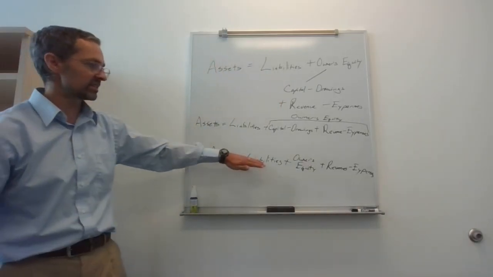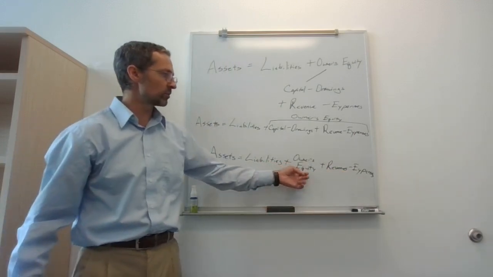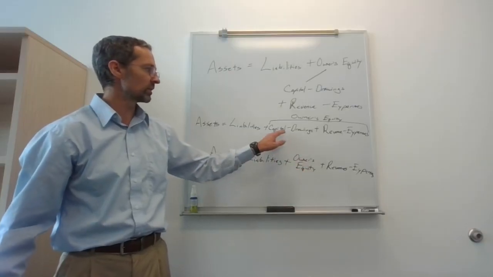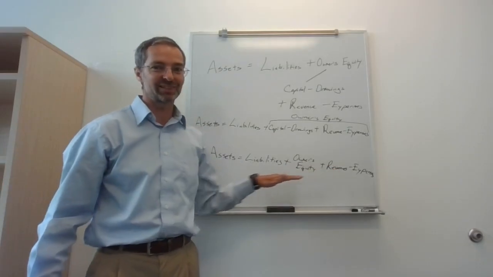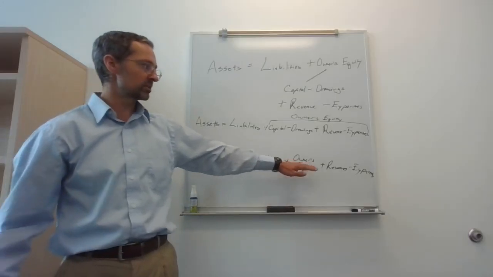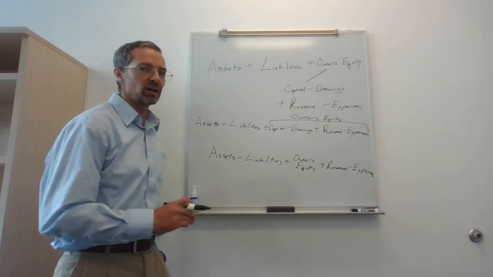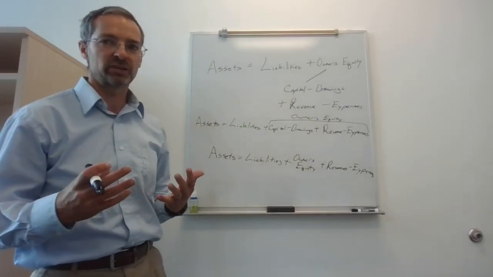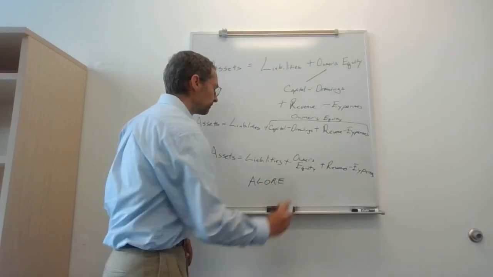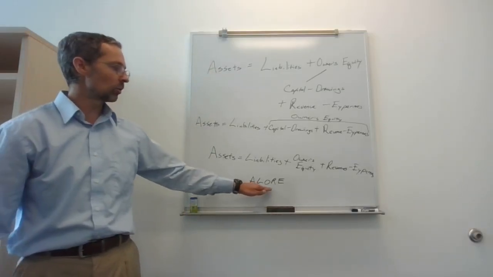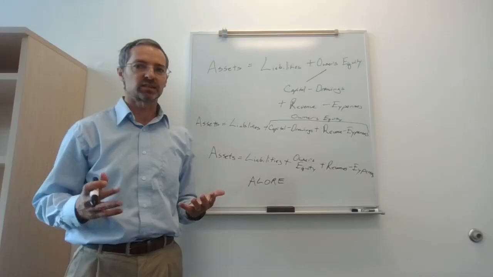So I'll say assets equals liabilities plus owner's equity plus revenues minus expenses, understanding that owner's equity in this version is made up of capital and drawings. That's the version that I will most often use in this class. We'll also get into a little acronym that I use for that as ALORE, and we'll look at that next chapter. So ALORE, we'll use that next chapter when we're trying to learn some new concepts.